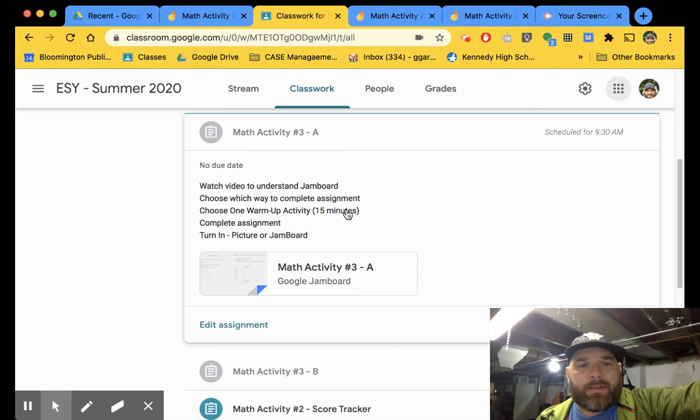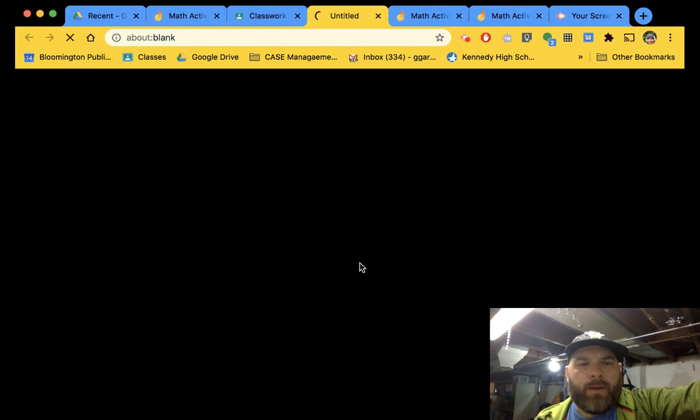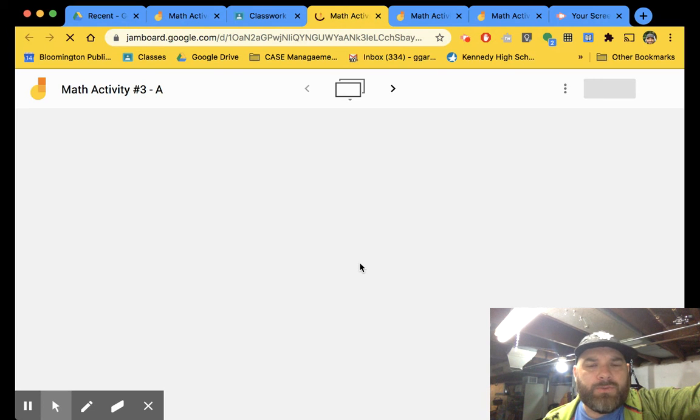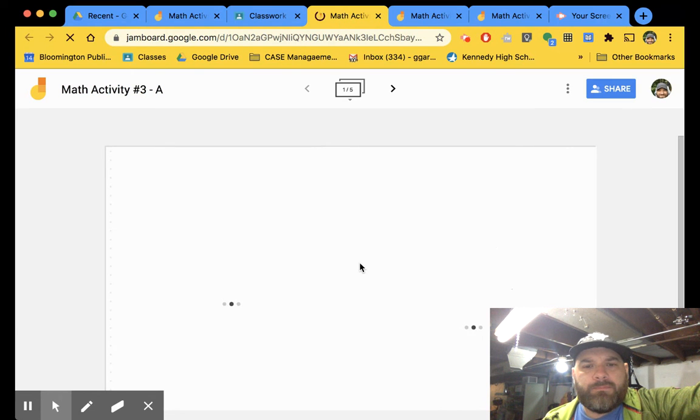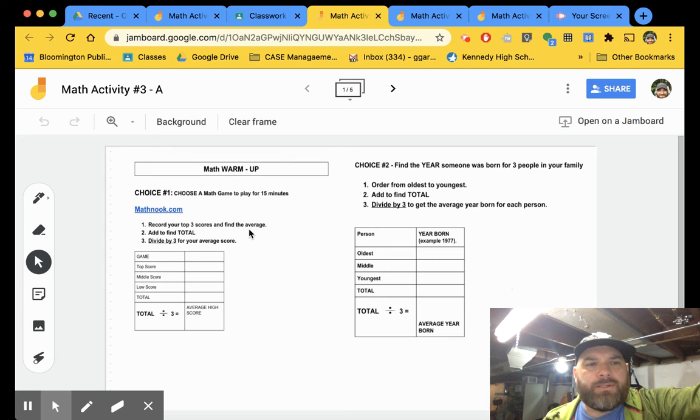Choose one warm-up activity, about 15 minutes. Complete the assignment and then turn in either a picture of your work on a piece of paper or the Jamboard. Okay, so Jamboards, you might already know about these. In case you do not, Jamboards are basically a digital smartboard whiteboard. So I posted some activities into a Jamboard, and you can go in and write using your touch screen, or if you want to use a cursor, you can use a cursor